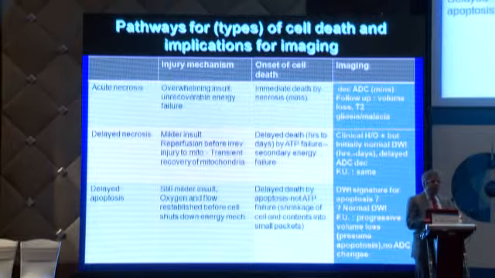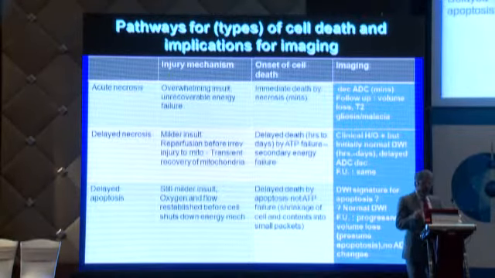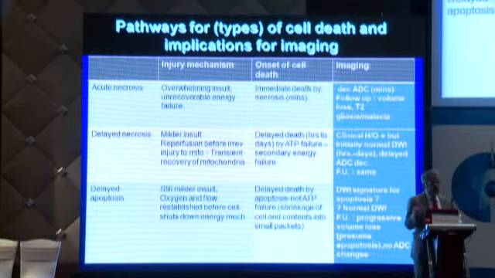So I wanted to go on to diffusion weighted imaging and restriction in neonates, and compare that to adults. Now, if you look at the patterns of cell death or damage that happens to the brain, there are three types that can occur. Acute necrosis, when you have an overwhelming insult. It's like an acute arterial infarction. In that situation, the cell death is almost immediate, and diffusion restriction is almost immediate. So within minutes, you can actually see diffusion restriction. That is well known from the studies done in arterial infarcts in the brain.